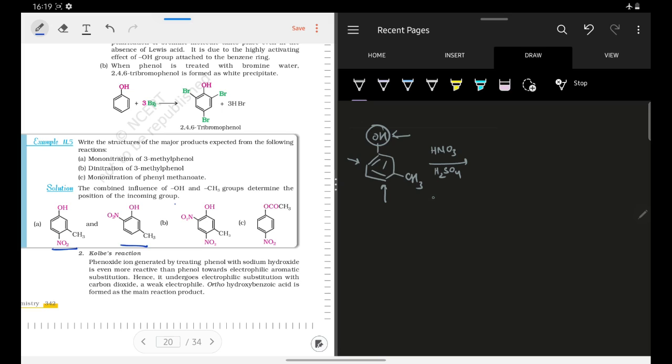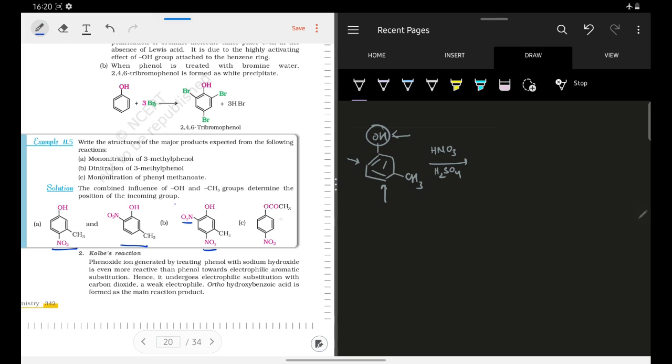How will we do dinitration of 3-methylphenol? Dinitration of 3-methylphenol will occur at the ortho and para positions. Here they have attached nitro groups at the ortho and para positions in 3-methylphenol. The concept is that OH is an ortho-para directing group, hence the dinitration occurs at both the ortho and para positions. Now some of you may ask why nitration was not done here, because then the product that would form would have groups attached to three adjacent carbon atoms. Hence that would become sterically very unfavorable. That is why we do not add the nitro group on the carbon atom in the middle of OH and CH3. Due to steric repulsion that was not done.